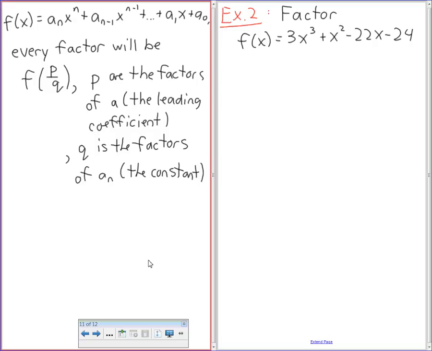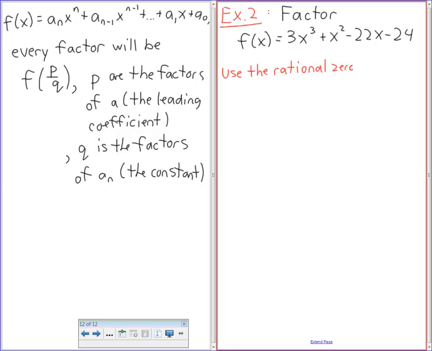It says we want to use, so we're going to use the rational zeros test to find possible factors. Okay, so what we're going to do is we're going to make a list of all the factors of P and Q. Okay, so we're going to start with 24. P, remember, for P it's going to be the set of all the factors of A, which is the,